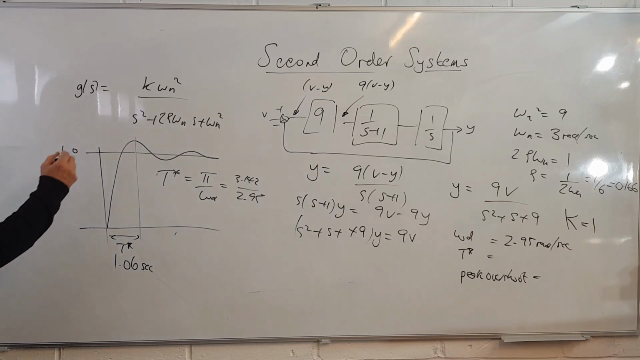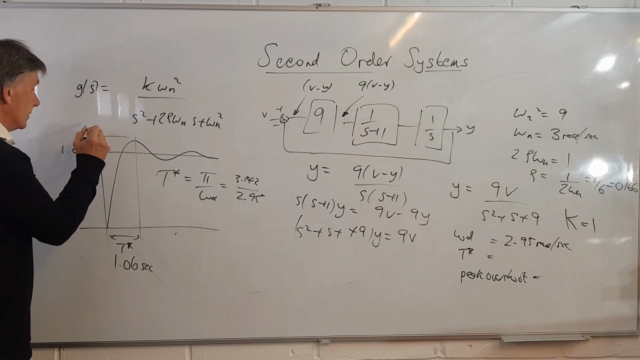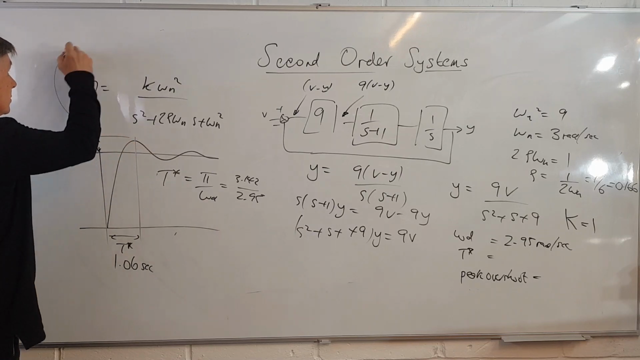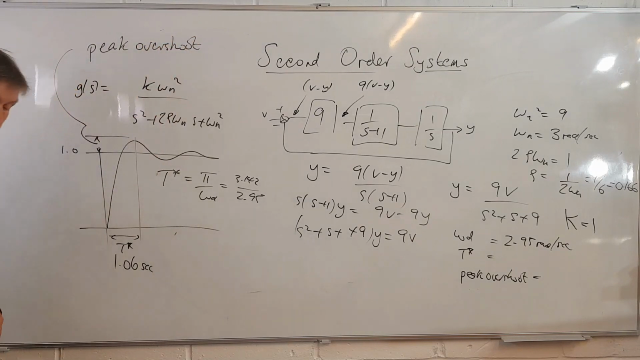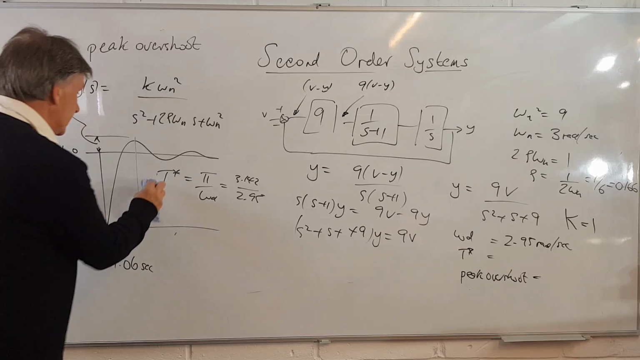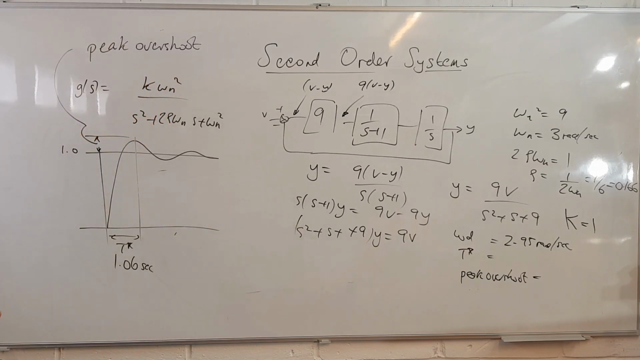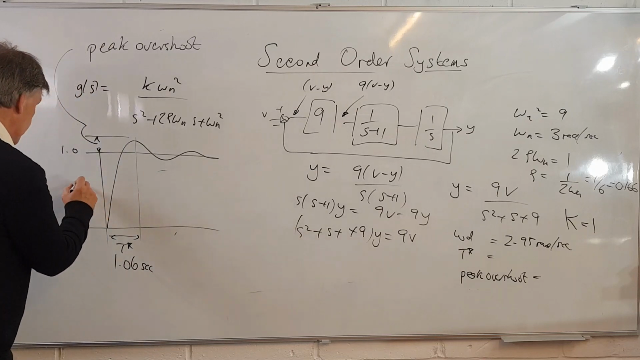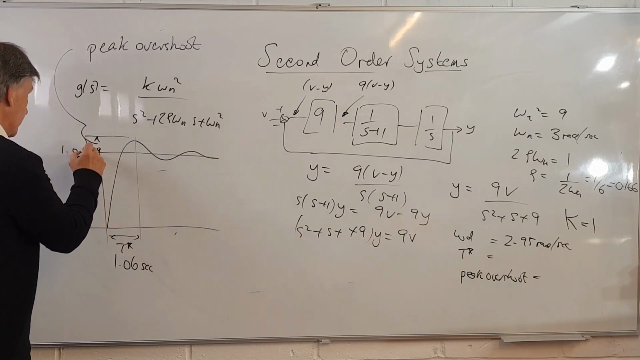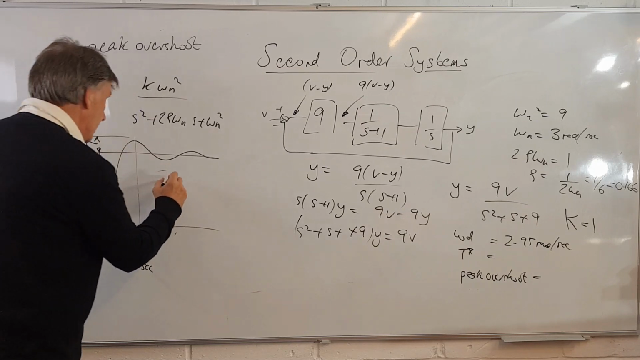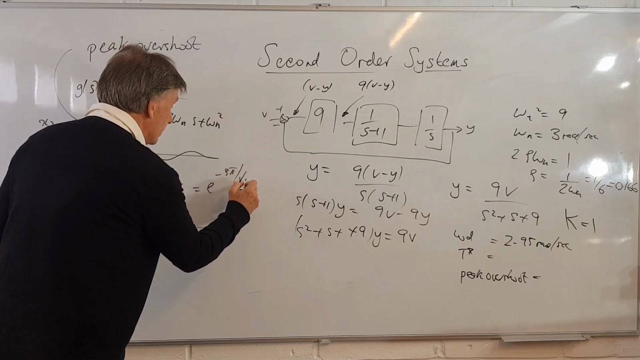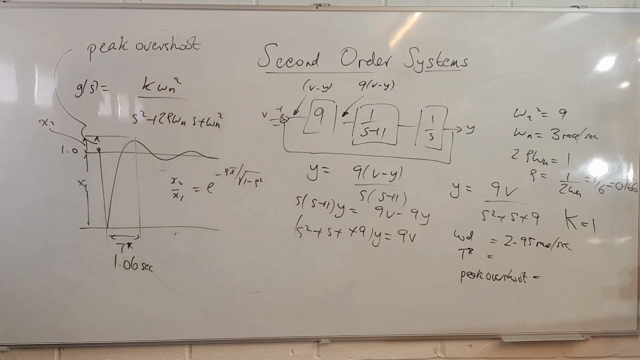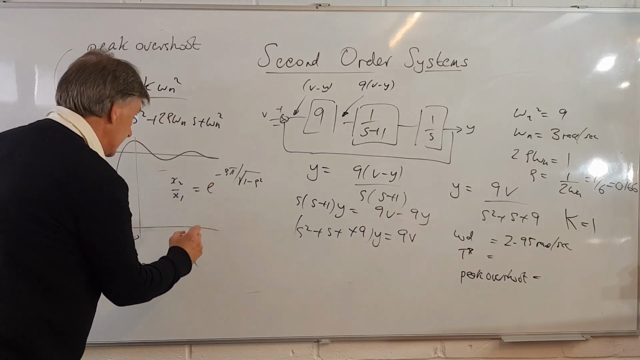And the last thing we could do is try and work out the size of this overshoot here, this peak overshoot. And we have a little expression for that one as well. So we'll just write that one down and work it out. So the peak overshoot: if we call this here x1 and this one here x2, then x2 over x1 is e to the minus zeta pi over the square root of 1 minus zeta squared. So it's a bit more complicated to work out, but it's going to be e to the minus zeta, which is going to be